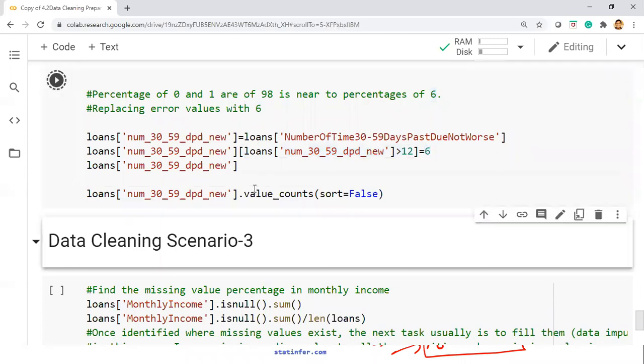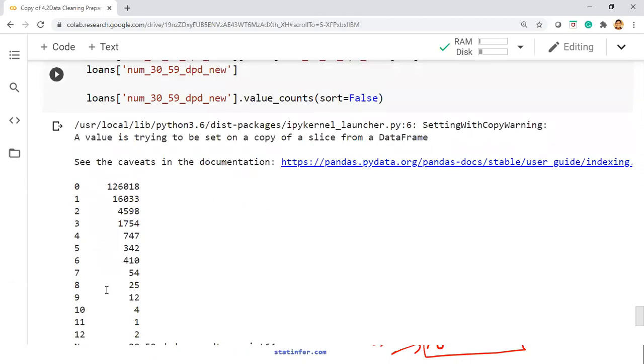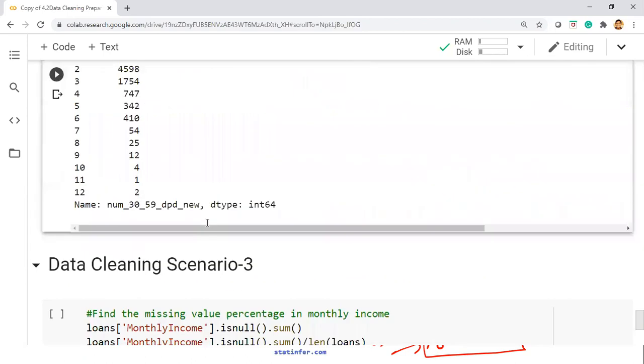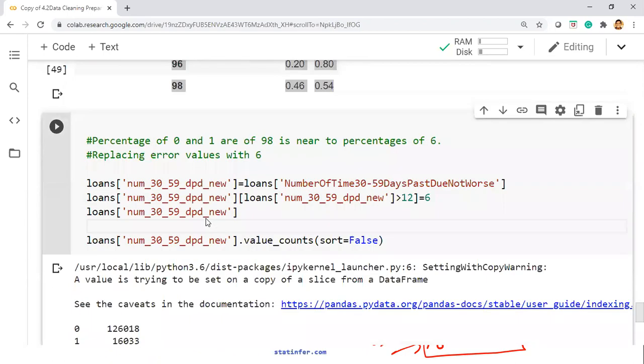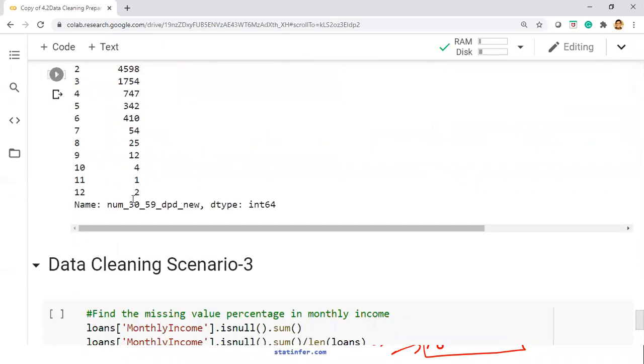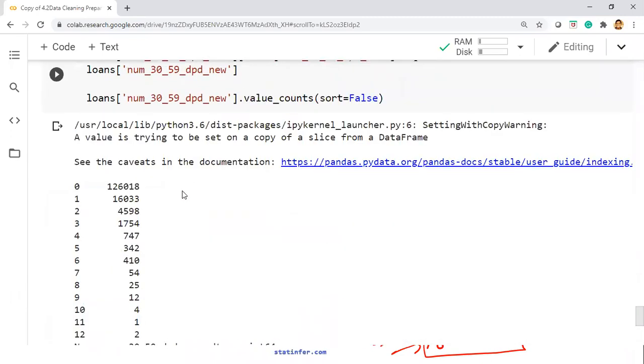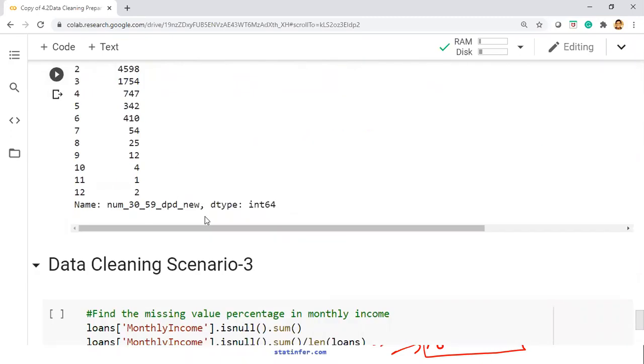Now everything afterwards in this new variable, all these values are acceptable. You don't have 96 and 98. This simple technique will help you to remove the issues that you are having with this default value. Sometimes instead of 98, you will have 998 or 4 times 9 or 5 times 9. Same technique can be used. Even if it is a categorical variable, sometimes you have country name or segment name or ABCD, all of those can be done using this method. Okay. Any questions on this?